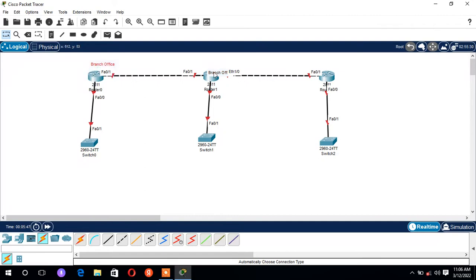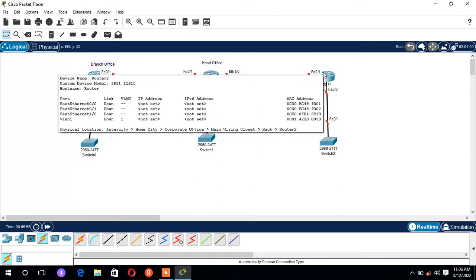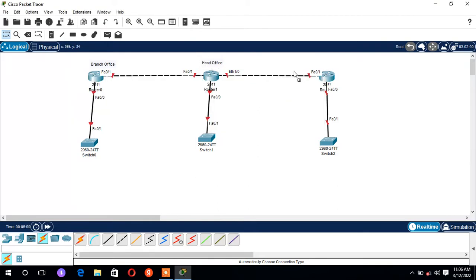Let me align it properly. This is my head office, and this I'm going to treat as the ISP network. This I'm going to take as Airtel Delhi,